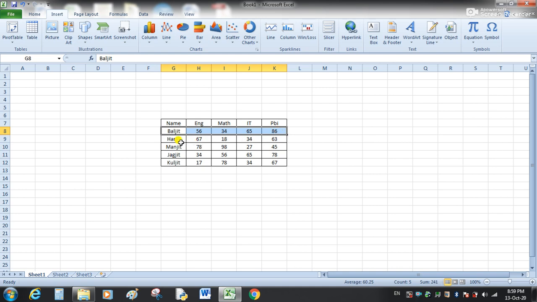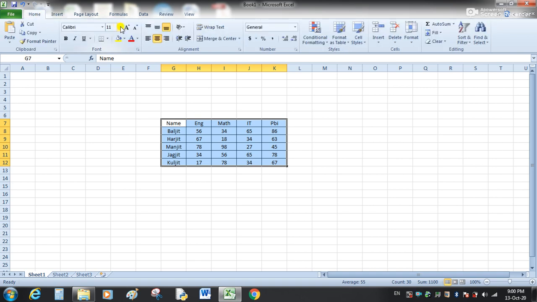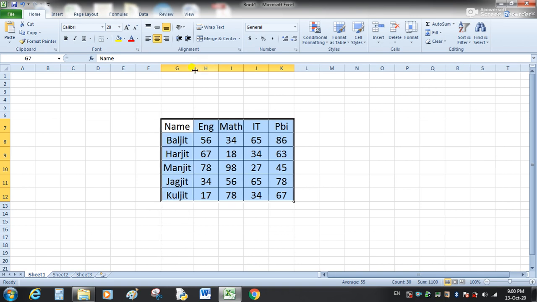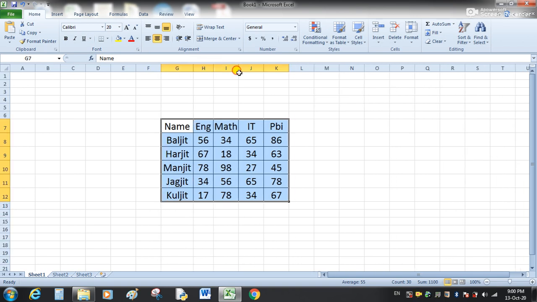This is our second record Harjeet, third Manjeet's record, fourth Jagjit and last Kuljit. I'm just increasing the size for better visibility here. Now we will create a chart.